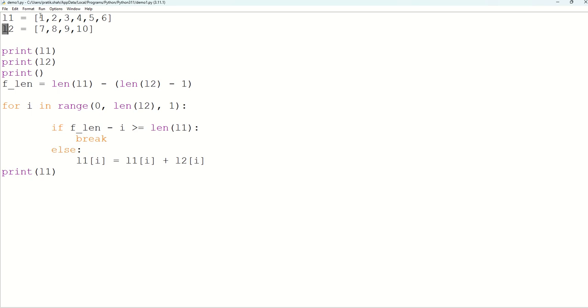But the length of both the lists is not the same, and we have to start the addition from the left hand side. You all can see the length of this is 6 and the length of this is 4, and basically the output we want is 1 plus 7, that is 8, 2 plus 8 is 10, 3 plus 9 is 12, 4 plus 10 is 14, and after that if an element is present in L1, then that element has to be displayed